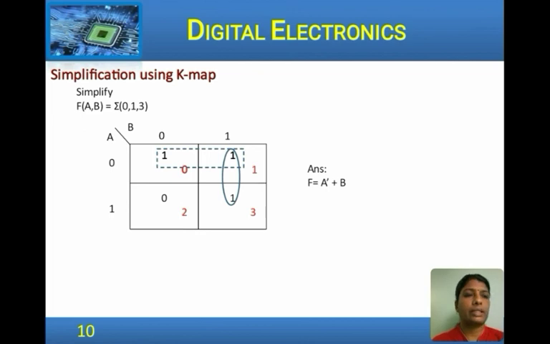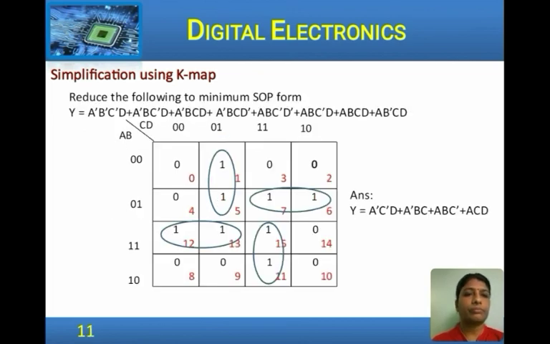We look into another example. This is an expression that is given and we have to reduce it to the minimum SOP. Each min term is there and we see there are 4 variables available. Since we have 4 variables, the K map is 2 power 4, that is 16 cells. So, consider AB group and CD, all the combinations 00 to 11 on either side, and start numbering the cells.